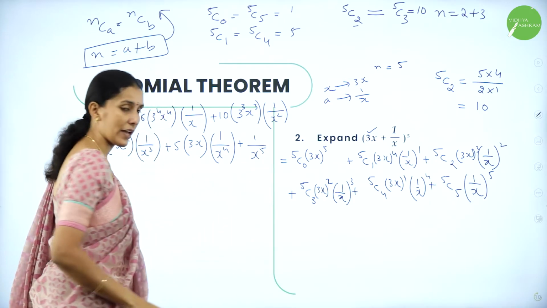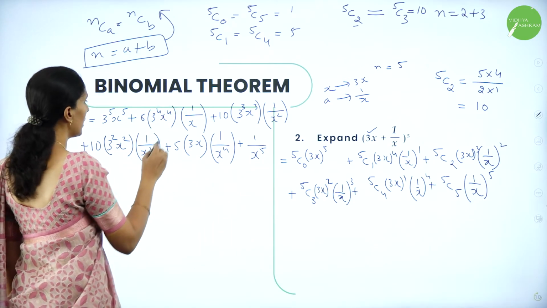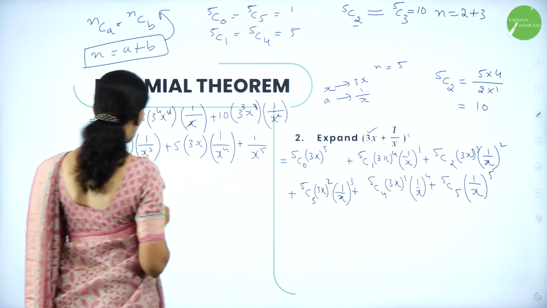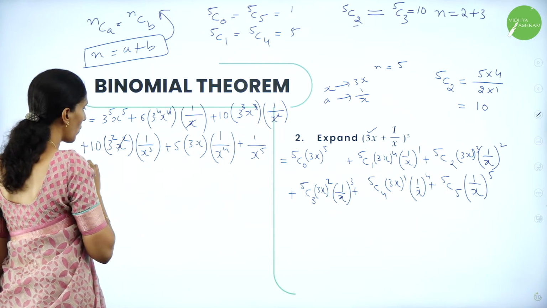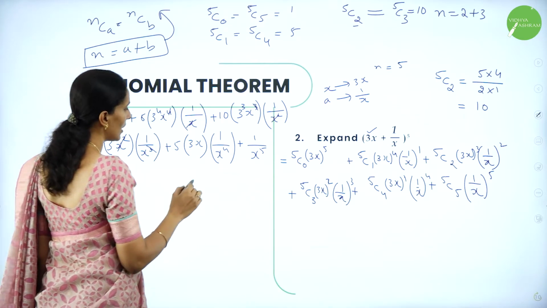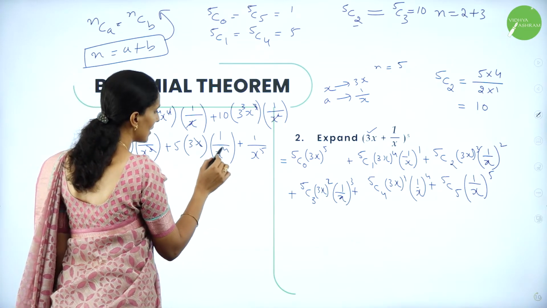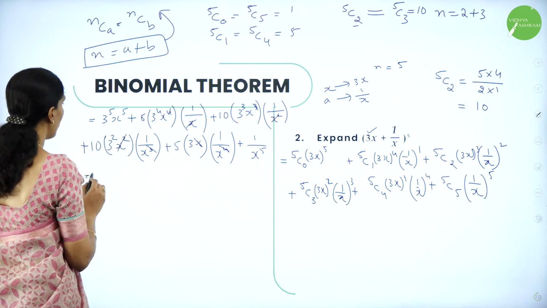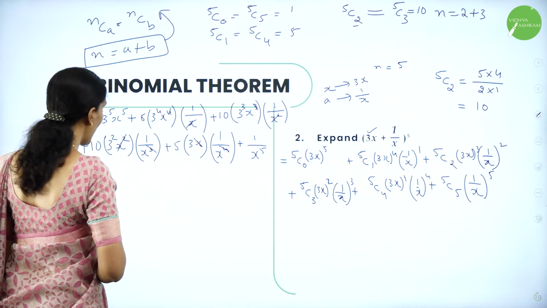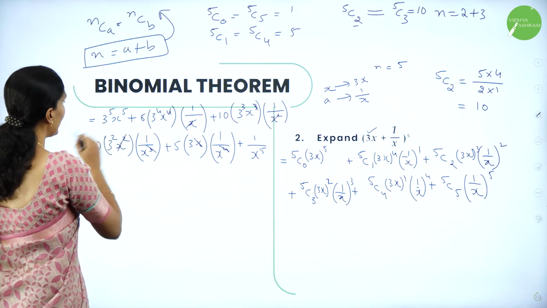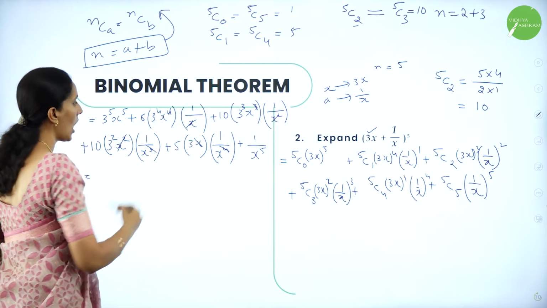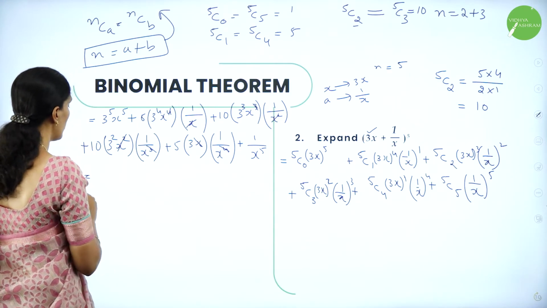Cancel the terms here: x with x power 4, x square with x cube, and x square cancel. 1 x remains in the denominator, x cancels, x cube remains in the denominator. So just write the value. What is 3 power 5? After multiplying, the value of each term, along with 5 and 10 outside the brackets, we will get